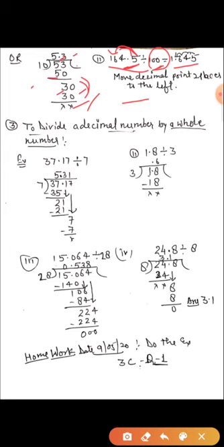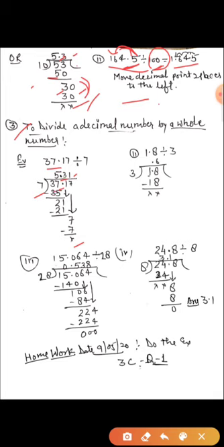Now listen, in decimal division we have three types of division. The first is finished. Now the second is when the decimal is present only in the dividend. This is the dividend, this is the divisor, and this is the quotient. If any number is left here, that is the remainder. So if the decimal is present in the dividend, we can easily divide. Now, 37.17 divided by 7. In this method, you just put the decimal above the dividend's decimal, in the same place.